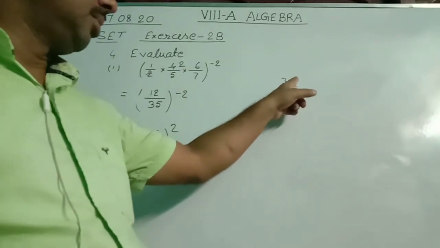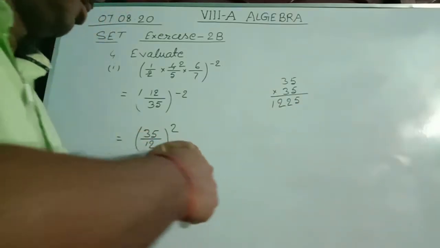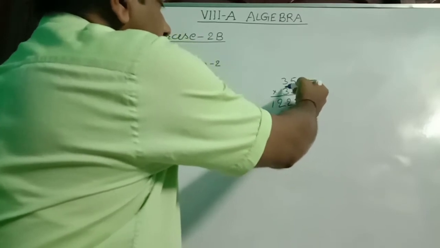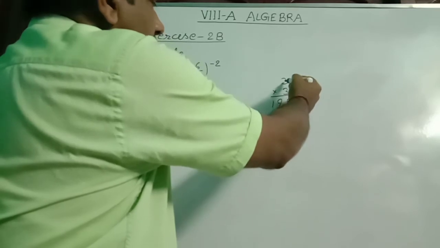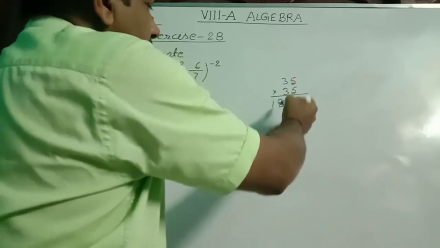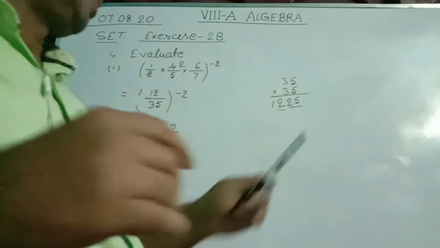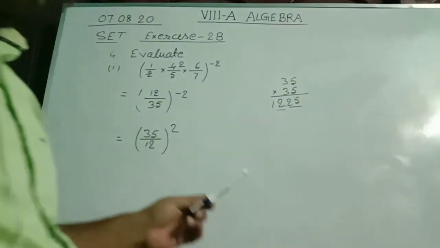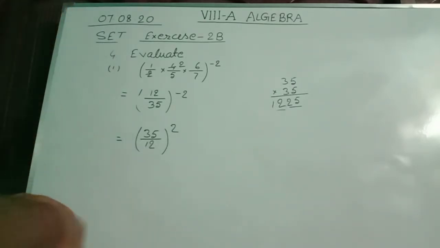Here is 5, here is 5. 5 × 5 is 25, I wrote 25. Now 3 and 3: you multiply 3 into 4, we just increase one number by 1. See, 3 increased by 1, so it became 4. 3 × 4 is 12. This process is applicable when at the ones place we have 5 and 5. This multiplication became 1225, and 12 × 12 is 144.